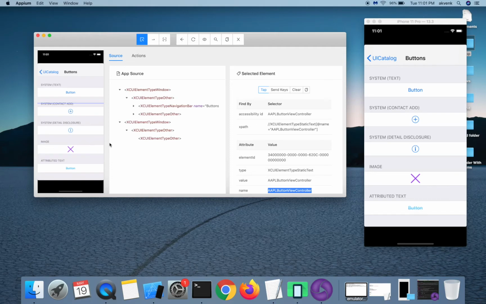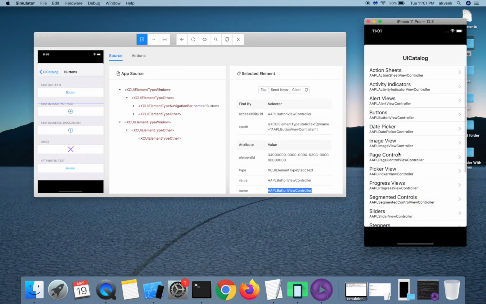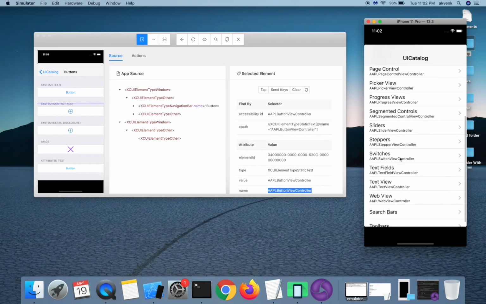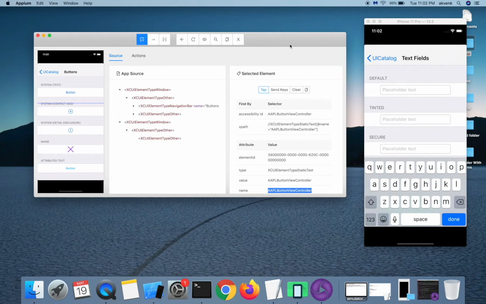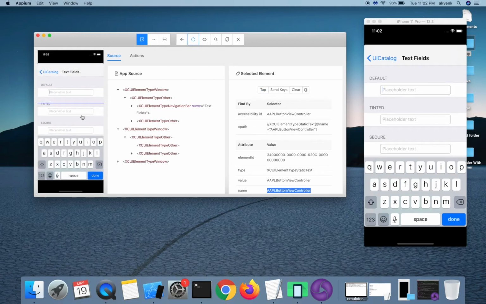Similarly, let me show you a demo of sending texts. To reload the screenshot, you have to click on refresh source and screenshot button. You can see the new screenshot loaded.